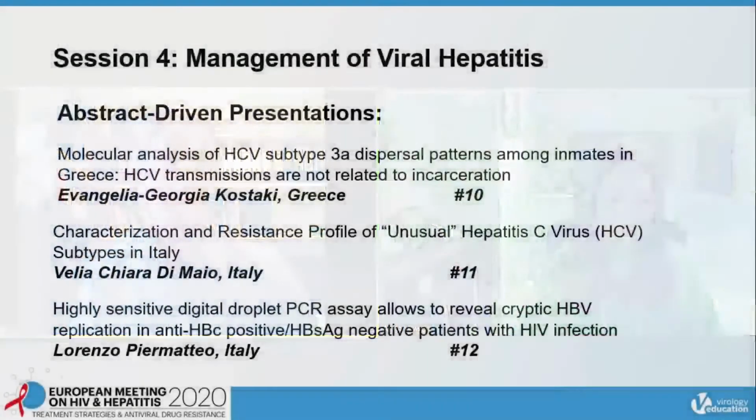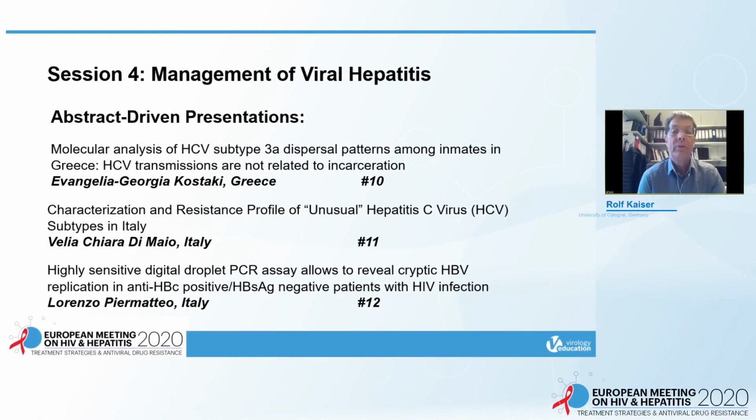Okay, by this I already apply for a password, if possible. Thank you very much, Anita. And now we come to abstract-driven presentations. There are 3 in a row now. This is from Evangelia Georgia Kostaki, molecular analysis of HCV subtype 3A dispersal patterns among inmates in Greece. HCV transmissions are not related to